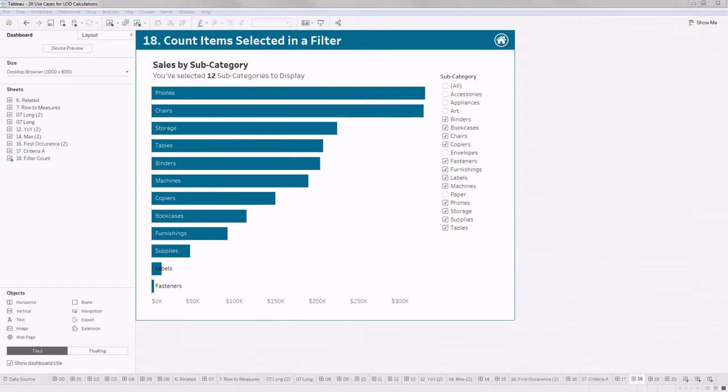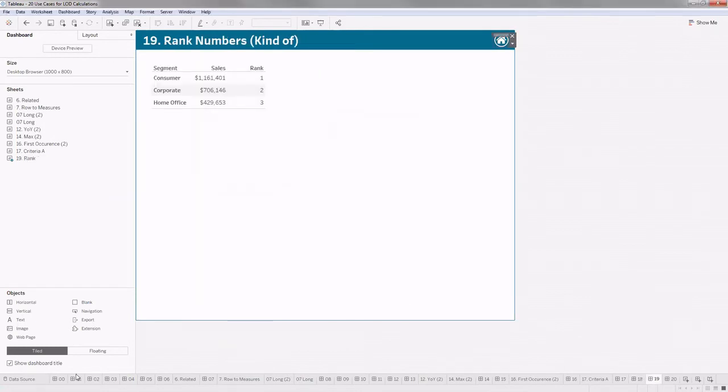Okay, and this one is also a little odd, but just for knowledge purposes we'll explain. Here I have a rank. Normally to get the rank I will go for table calculations, which is a straightforward and simple way, but we can also use LODs to get ranks, but this method is not recommended.